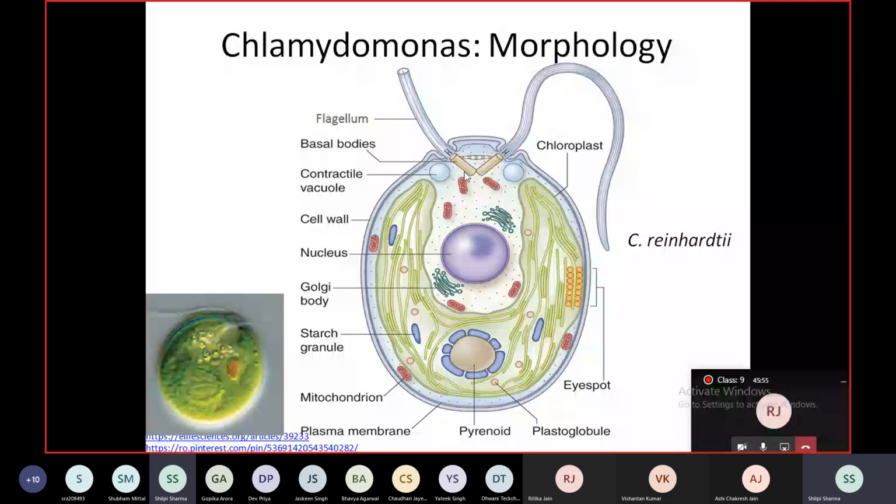Now each cell contains two contractile vacuoles located at the base of the flagella, and like I said, they help in osmoregulation. एक और feature है, most of these Chlamydomonas species, they have an orange to reddish carotene-containing eye spot or stigma. Carotene is a pigment. Now this is a photoreceptive organ. For locomotion it is receptive to light. So these help in photoreception.